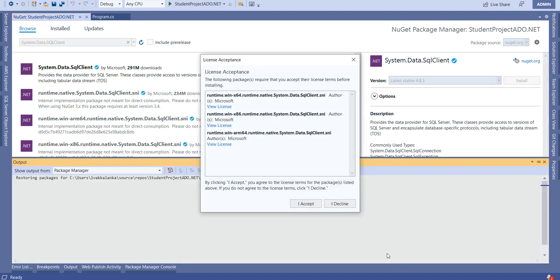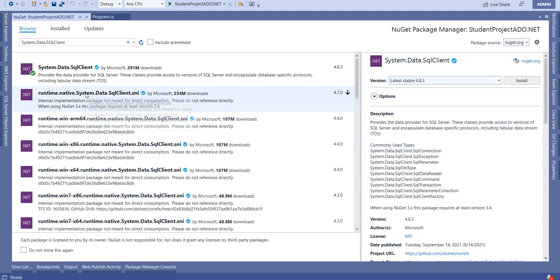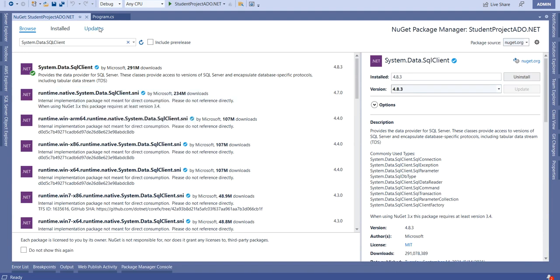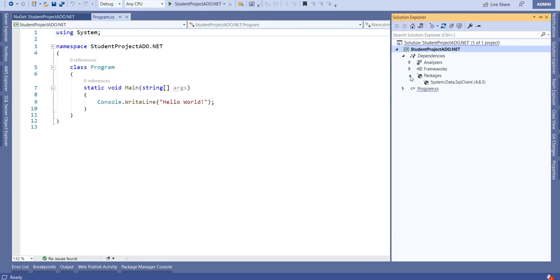This will install the NuGet package System.Data.SqlClient, so that we can define the connection object and command object. As we have installed that, if you right click and select the packages, we have that package System.Data.SqlClient. So let us define the connection object first.